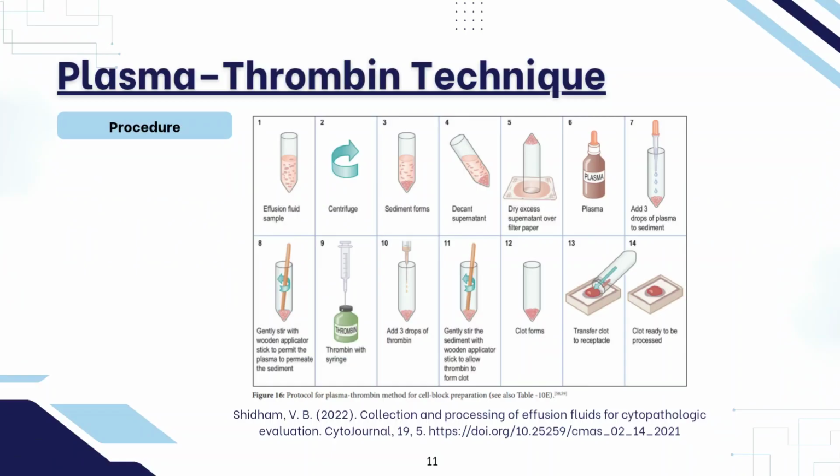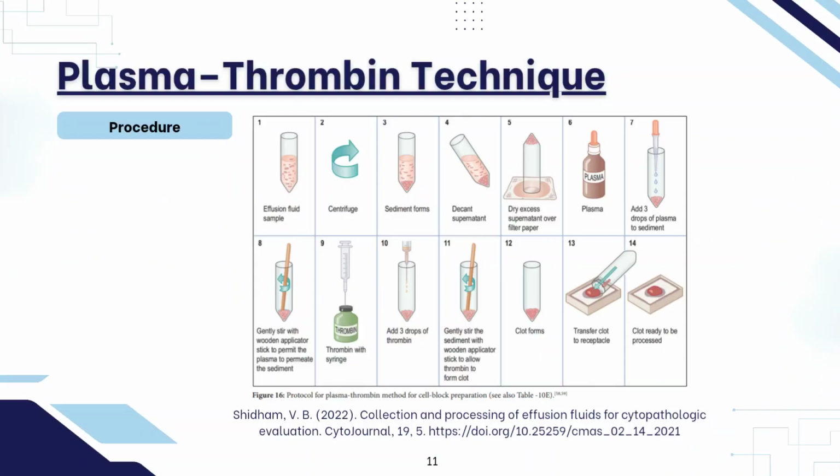For the procedure, first the sample is centrifuged for 5 minutes at 30,000 rpm. This will form a supernatant and sediment containing the cells required. The supernatant is discarded, leaving only the sediment. Add 2 to 3 drops of plasma into the tube containing the sediment and mix it gently using a wooden applicator. Then add 2 to 3 drops of thrombin and mix it well. This will form clots of the cells contained in the sediment,